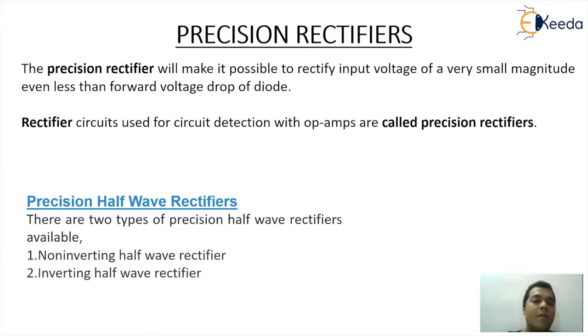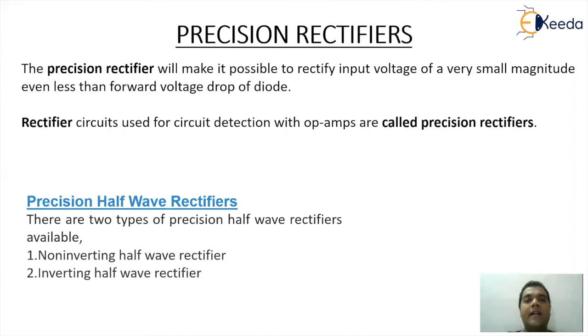Now, due to this, one important point we have to consider is that the input has to cross the voltage requirement of the diode, then only the rectification will happen. Implies the rectification is normally designed for circuitries such that they will actually rectify signals greater than 0.7 volt. So whenever we consider a very small signal in the range of millivolt or even less than 0.7 volt, then the rectification is as good as impossible considering the basic circuits. And that's the reason we are going to require precise rectification of such very small signals.